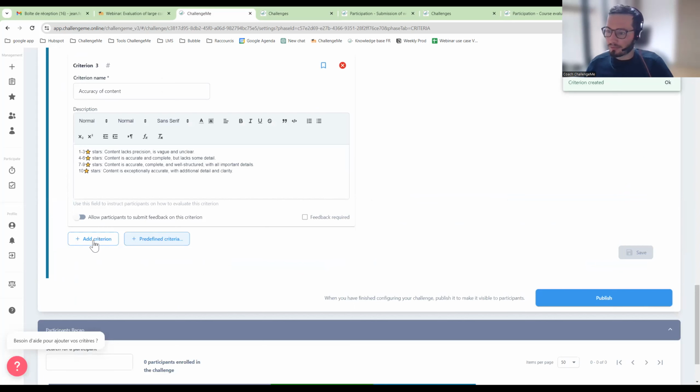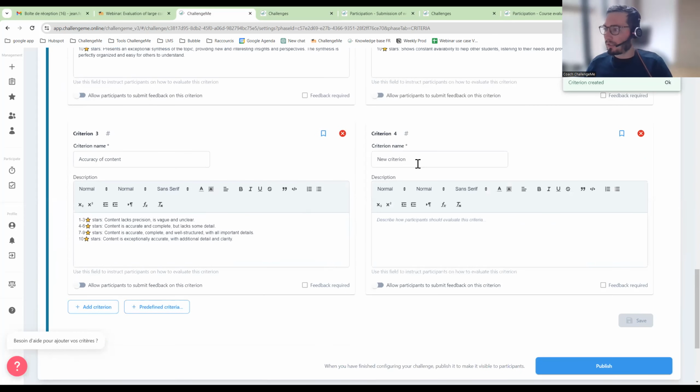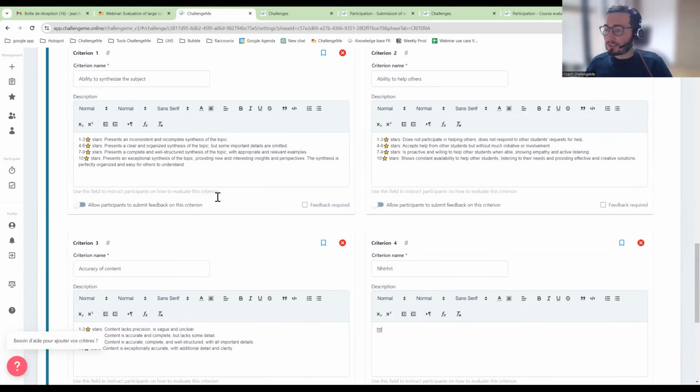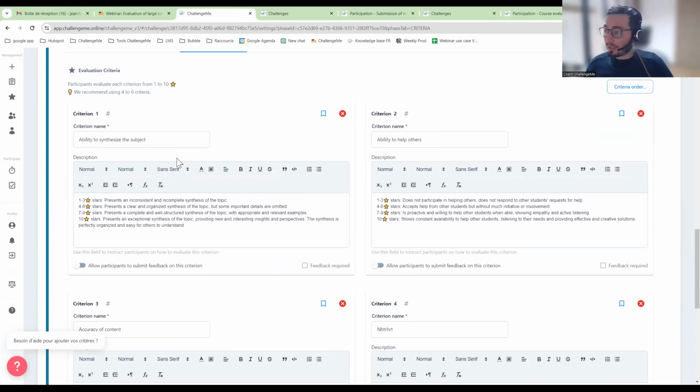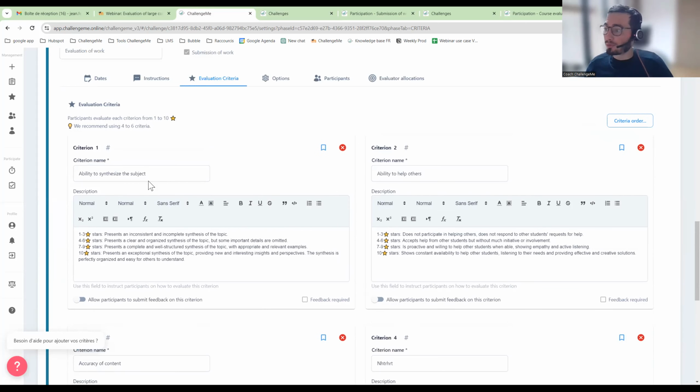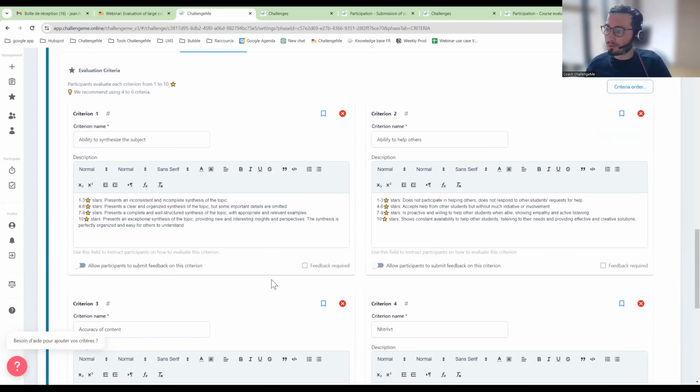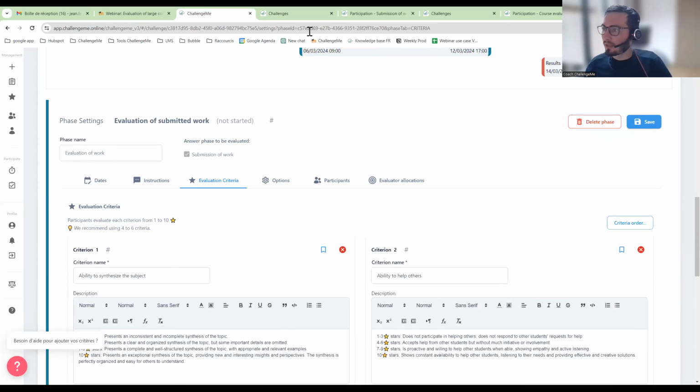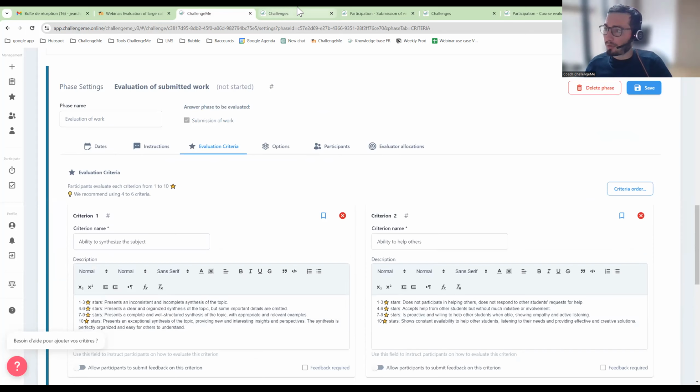To do it, I just have to click on add criterion, and I can define a name and a description for my criterion. Each criterion will be rated from 1 to 10 stars, and the teachers who will participate in the assessment will be able to use these criteria to rate the students. So this is for the evaluation criteria part.